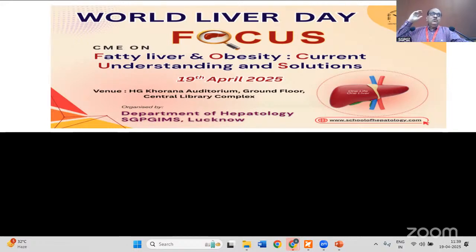Initially, there used to be cryptogenic cirrhosis. In my time, the most important cause for cryptogenic cirrhosis used to be burnt out autoimmune disease, something like that. But nowadays, I think it is NAFLD or MASLD that is the most important. And when you take the history, you will find a history of metabolic syndrome in these patients.